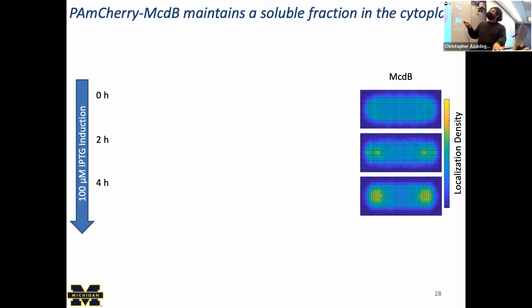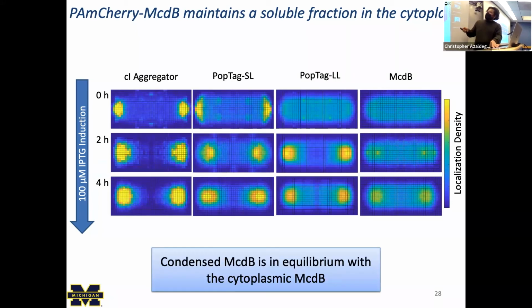Again, for mCDB, you can really see the transition here from a homogeneous distribution to a two-state system, getting these highly enriched regions at the poles. And then here's the data for all these other proteins. And then in particular, comparing it to the C1 protein, you get very drastic